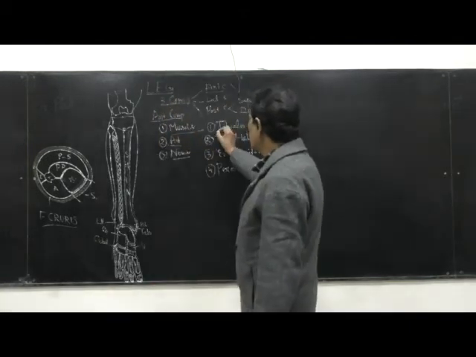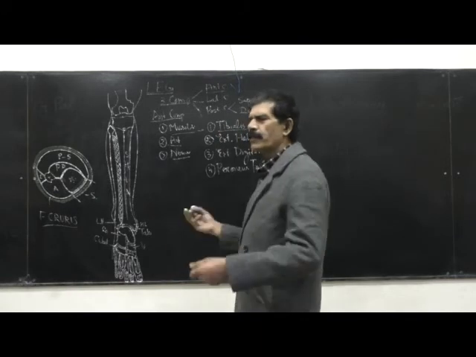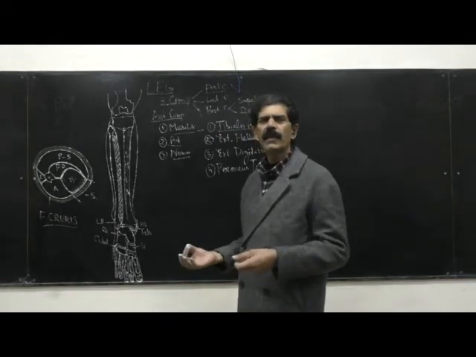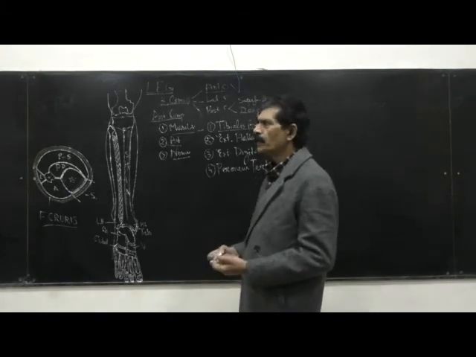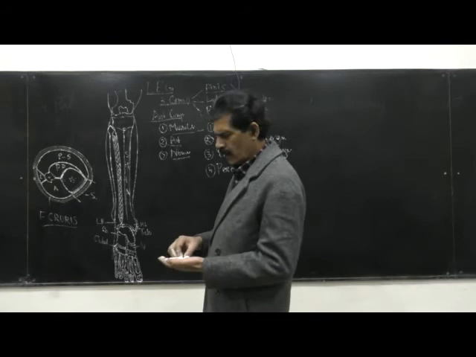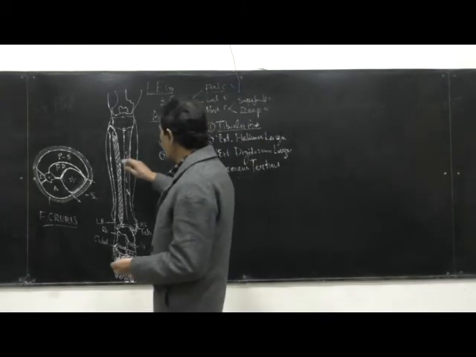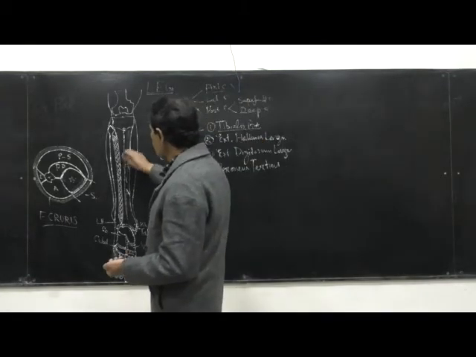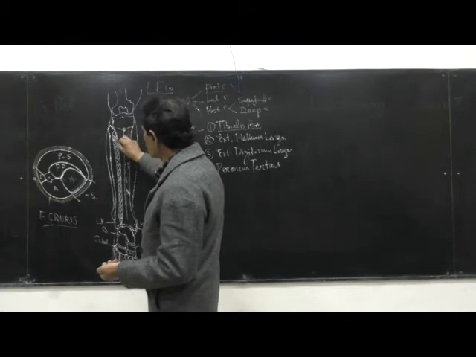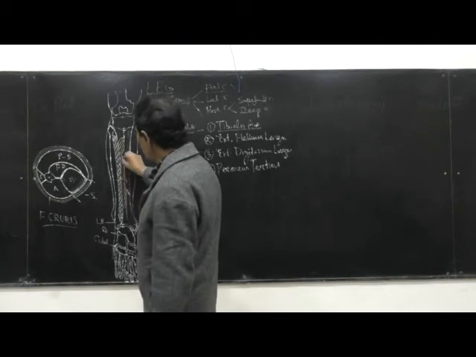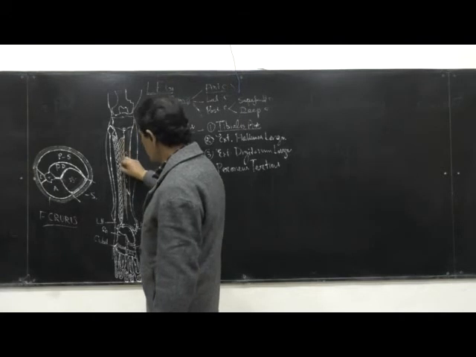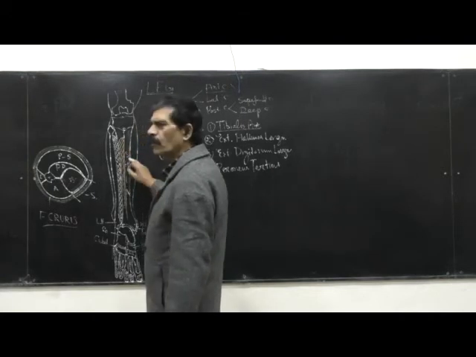So the first muscle is the tibialis anterior. As the name suggests, tibialis anterior means it lies in the anterior compartment, in the anterior aspect of the tibia. So this muscle will originate from the lateral surface of the tibia. That is the large area of origin of the muscle called the tibialis anterior. And on the medial surface, no muscle is attached, so muscle will not take origin.